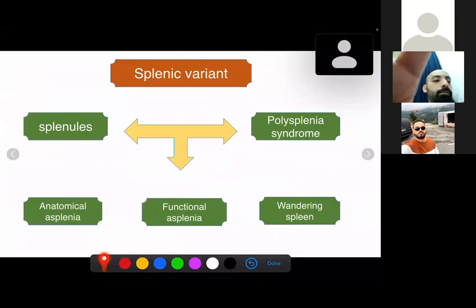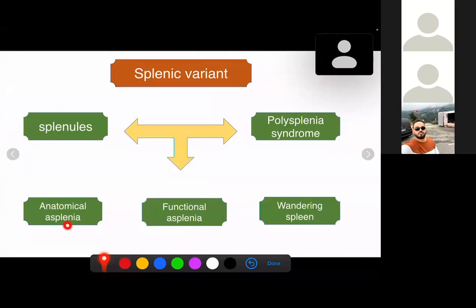Splenic variants. We have the common splenic variants: the spleniole, which is an accessory spleen; anatomical asplenia, in which we have no anatomical spleen present, and this is usually associated with right-sidedness or right isomerism; functional asplenia, in which we have splenic tissue, but it is not functioning, and this is usually detected by